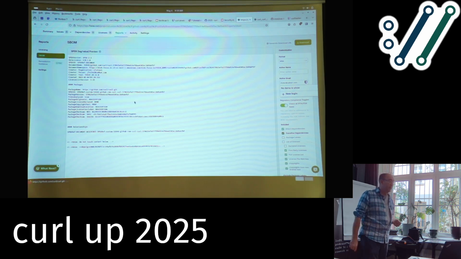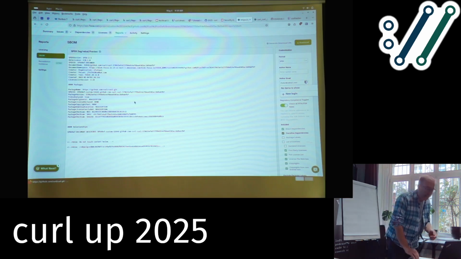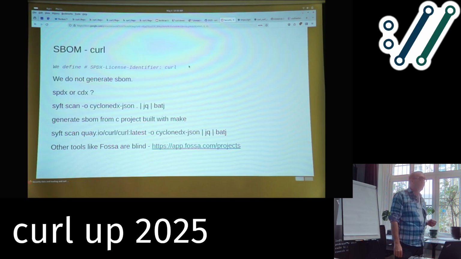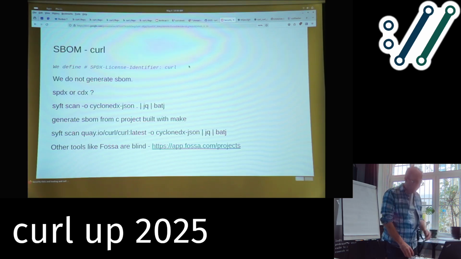But, and this isn't a big reveal, I was thinking the other day that maybe we could consider, and I haven't done any code for this, but actually we do generate SBOMs. How do we generate them? It's just a non-standard proto SBOM. We use the curl config tool. Yeah, the curl config tool is actually,